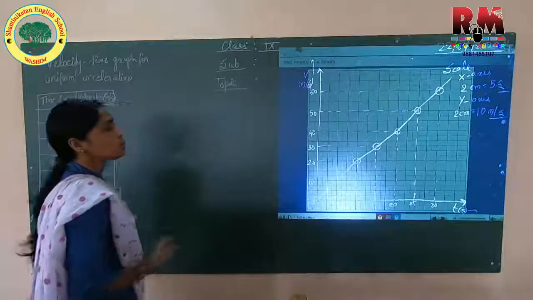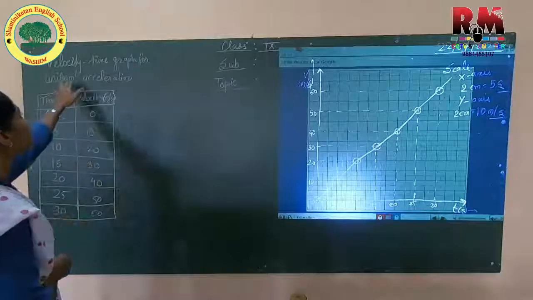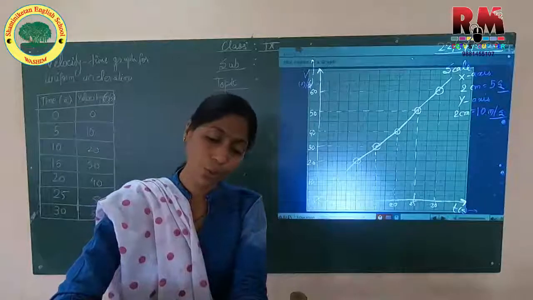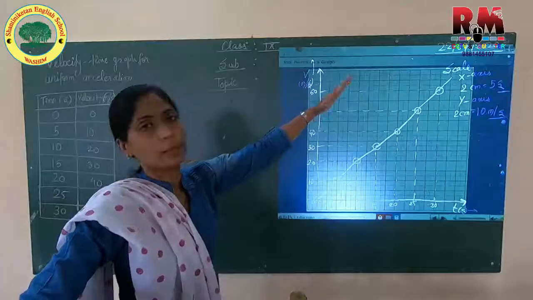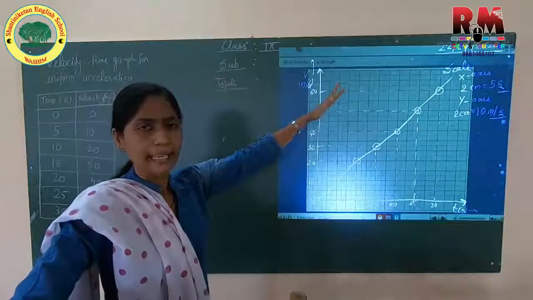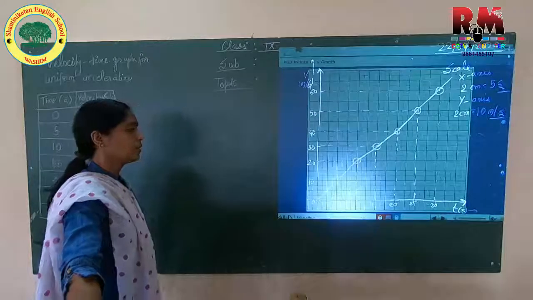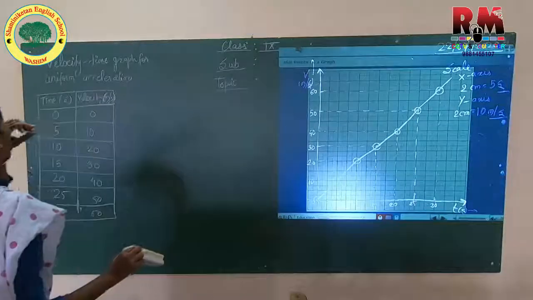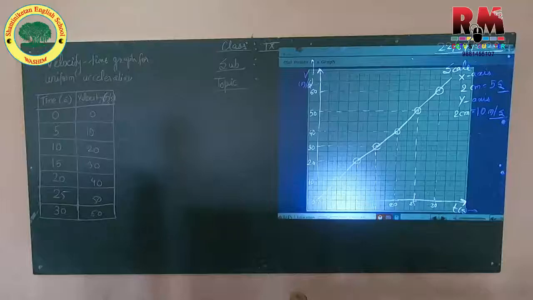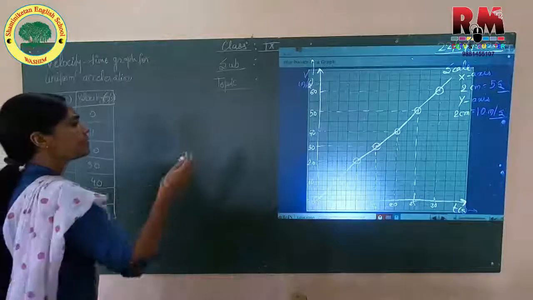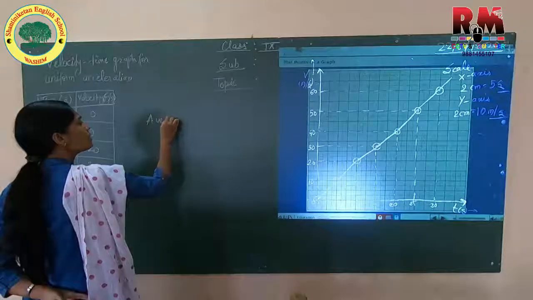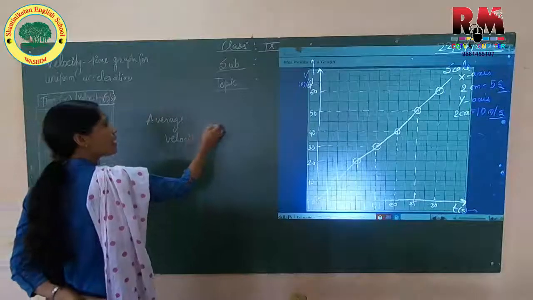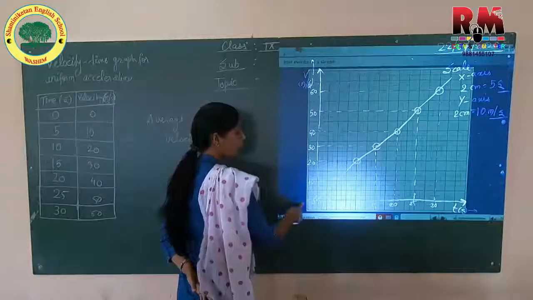Okay, so this is graph for uniform acceleration, and I already said in the very first graph, whenever we have uniform, the graph will come like this. Straight, inclined. Okay, inclined but straight path. Now, very important point that I want to tell you, that in this velocity time graph for uniform acceleration, we can find average velocity. Why average velocity, children? Because the graph is of velocity. So these values are of velocity.